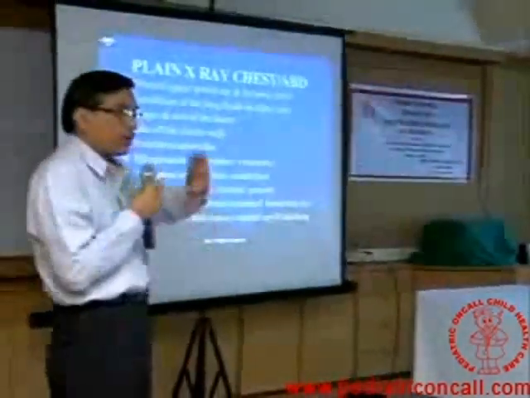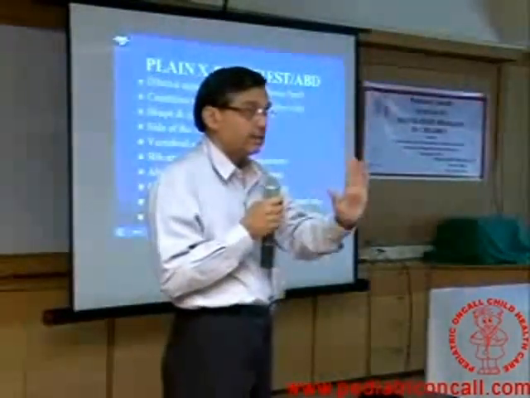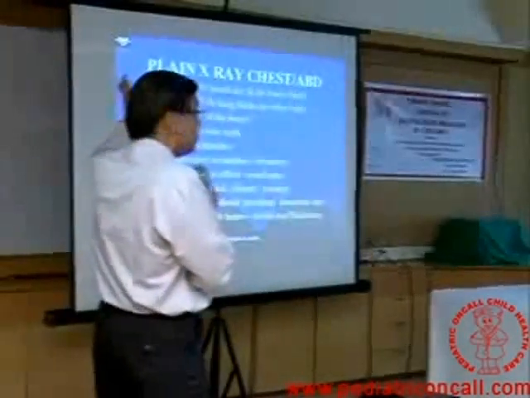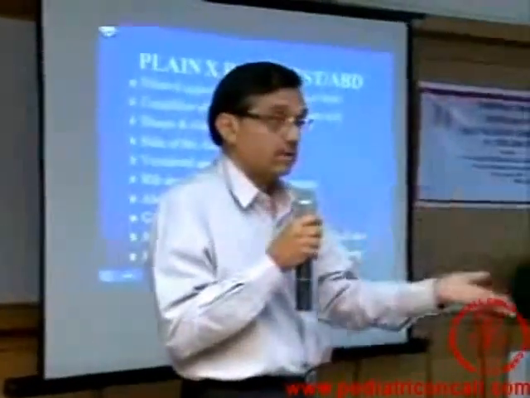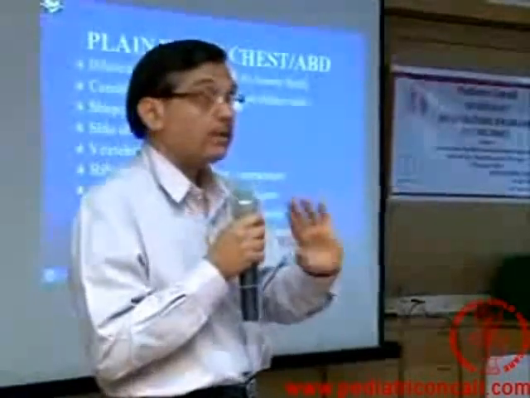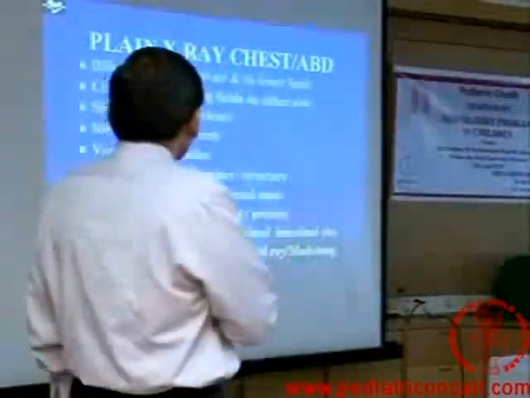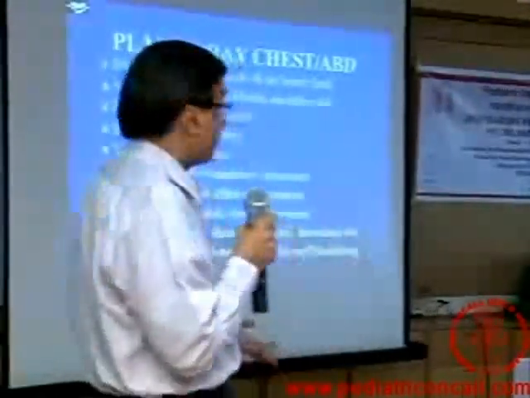Again, plain X-ray will give a lot of information. Simple plain vertical X-ray can give a lot of information. First is upper pouch can be seen. If the lungs are bad, the child is not going to come out of the anesthesia. Sepsis might be a big problem, and no matter how good your surgery is, you may land up with a bad result. Shape and size of the heart, again to look for associated congenital anomaly.